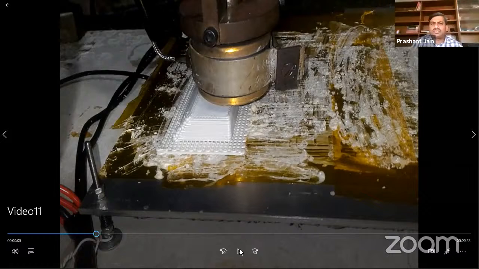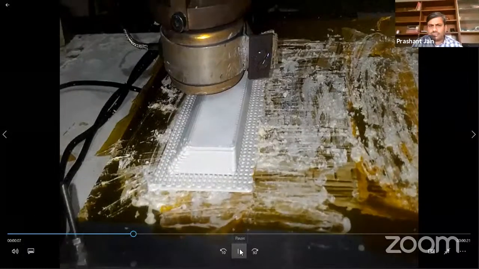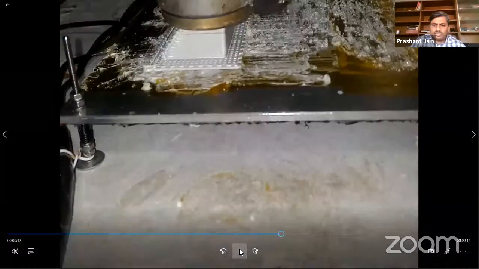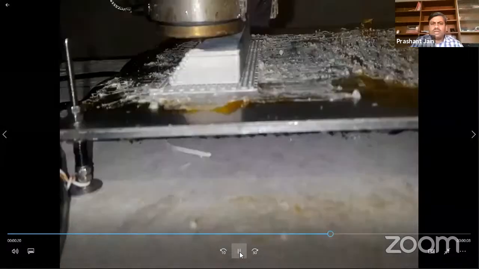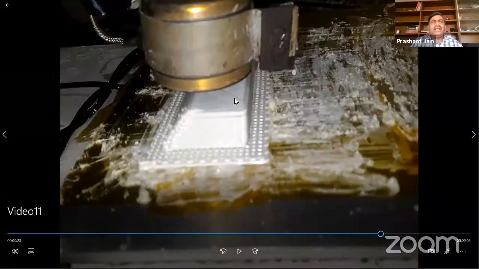Look at this. You can see the material is deposited in layers, right? So the point is, if you talk about any commercial machine for FDM, you require a wire spool.